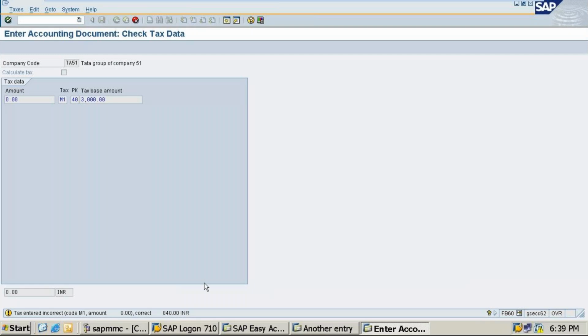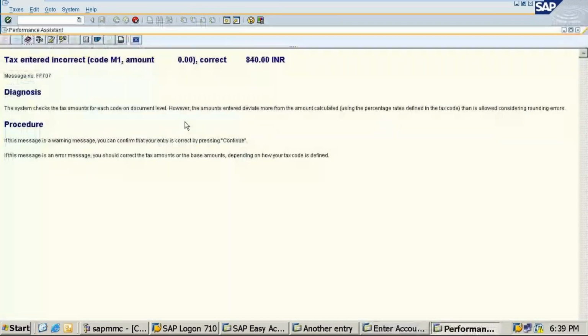This is correct. What is the error actually? I see. So tax center correct, M1 amount correct, I-40 NR message number. This one.